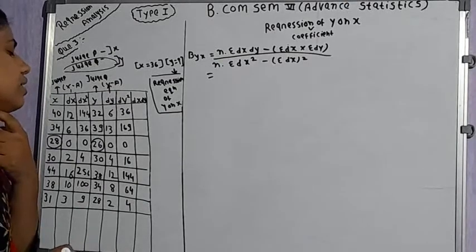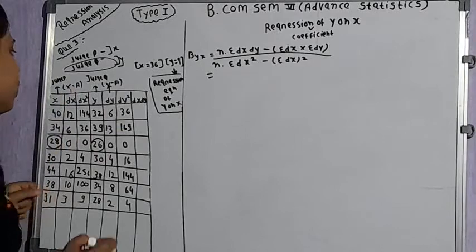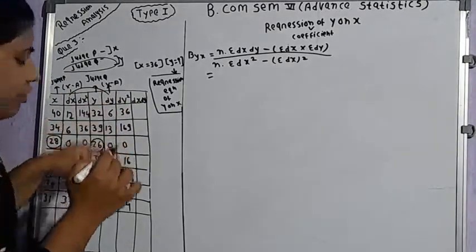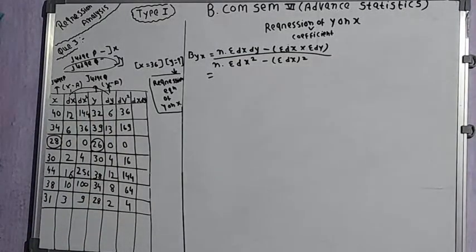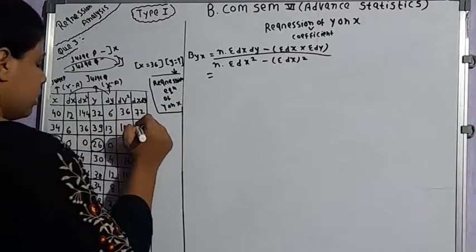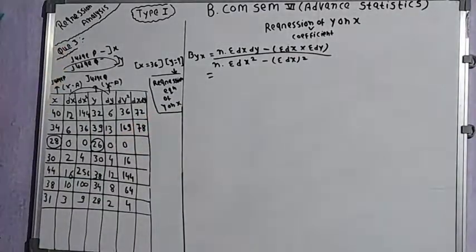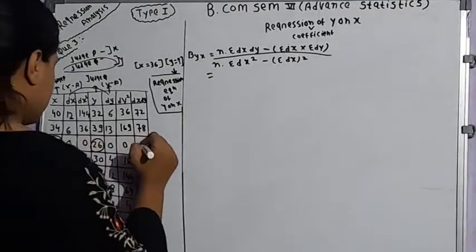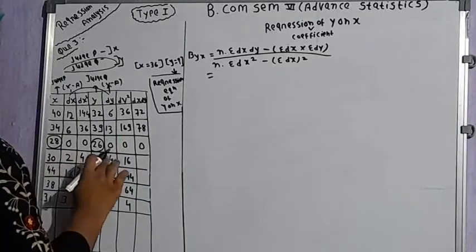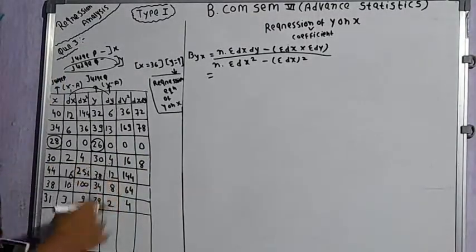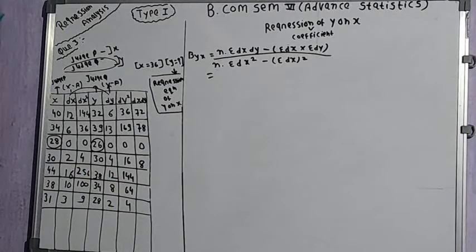Now we have to calculate the values to be put under the dx dy column, that is the product of dx into dy. Okay. So 12 into 6, of course 72. Then 13 into 6, 78. Right. Then 0 into 0, 0. 2 into 4, 8. Then 16 into 12, it comes to 192. Okay.